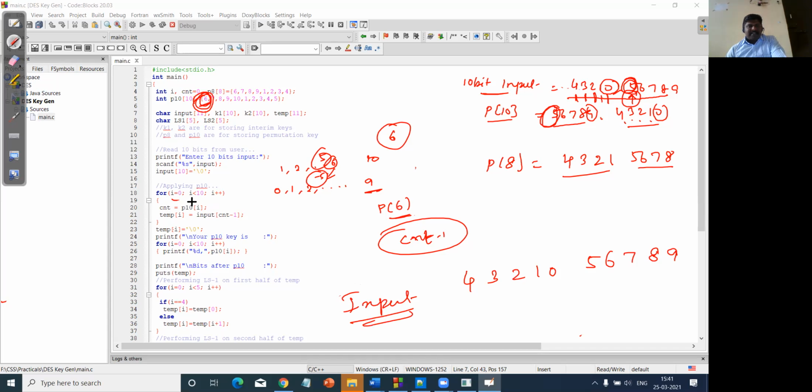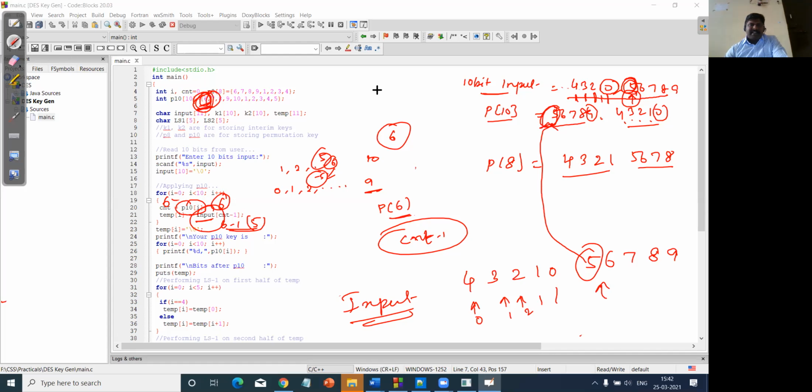So if my P10 of I value is equal to 6, it means in the input this count value will initially be 6, so count value 6 minus 1, which is fifth. So in the input string, whichever element is in the fifth position, which starts from 0, 0th position, first position, second, third, fourth, fifth position, now this will become the result of P6.